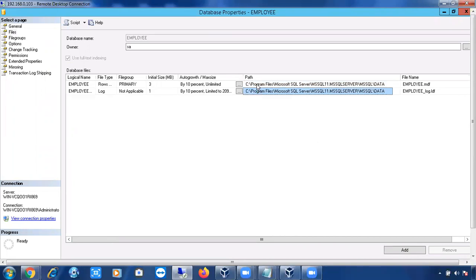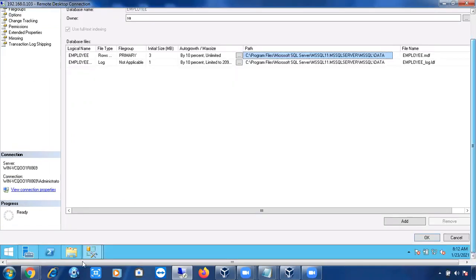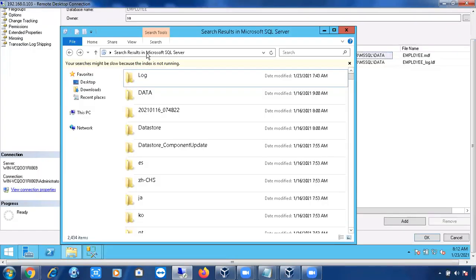If this path exists in the master database catalog, then master database will directly go to this path physically, and it will simply search whether the files are there or not. Let me copy this path here.